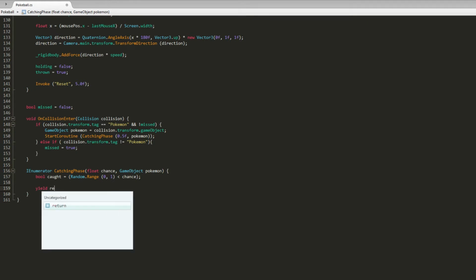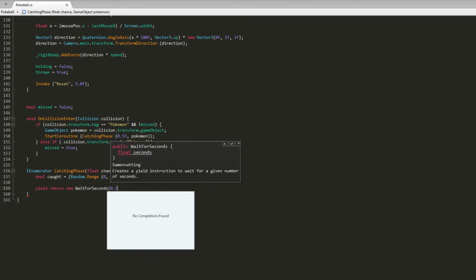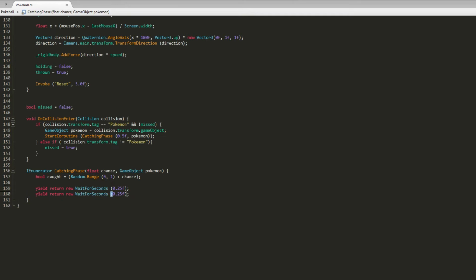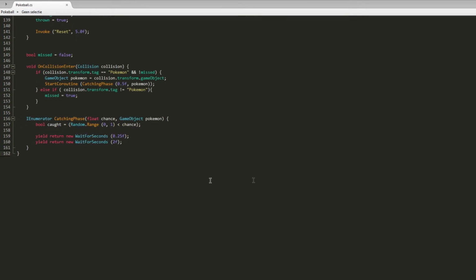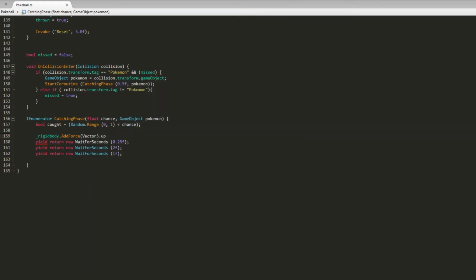We'll just say yield return new WaitForSeconds. We'll first start off with 0.25f, then we'll copy this return new and say around 2f, and then let's say another one for like 1f or something. Above the yield return new WaitForSeconds, let's make sure our rigidbody shoots a little bit up. So rigidbody AddForce Vector3.up times 2.0f, and then after the 0.25 seconds